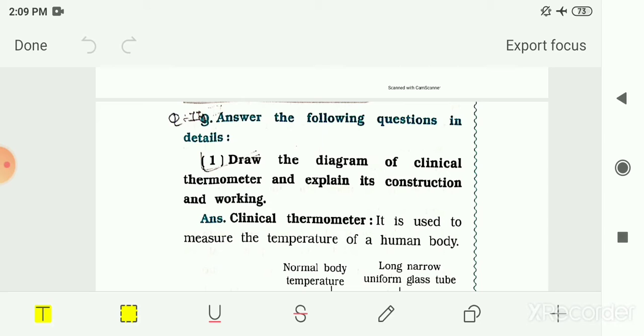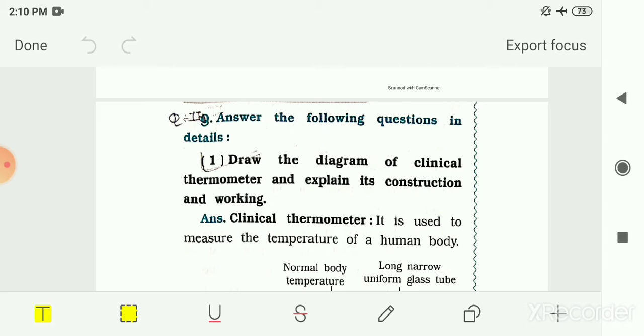So we had seen that the degree of hotness or coldness of any object is called its temperature. And whether an object is hot or cold, we can say it by its temperature. Then we had seen how we can increase or decrease the temperature of any object. The temperature of a substance increases on giving heat to that substance, and the temperature of that substance decreases on absorbing heat from that substance. So this is how we can increase or decrease the temperature of any substance.